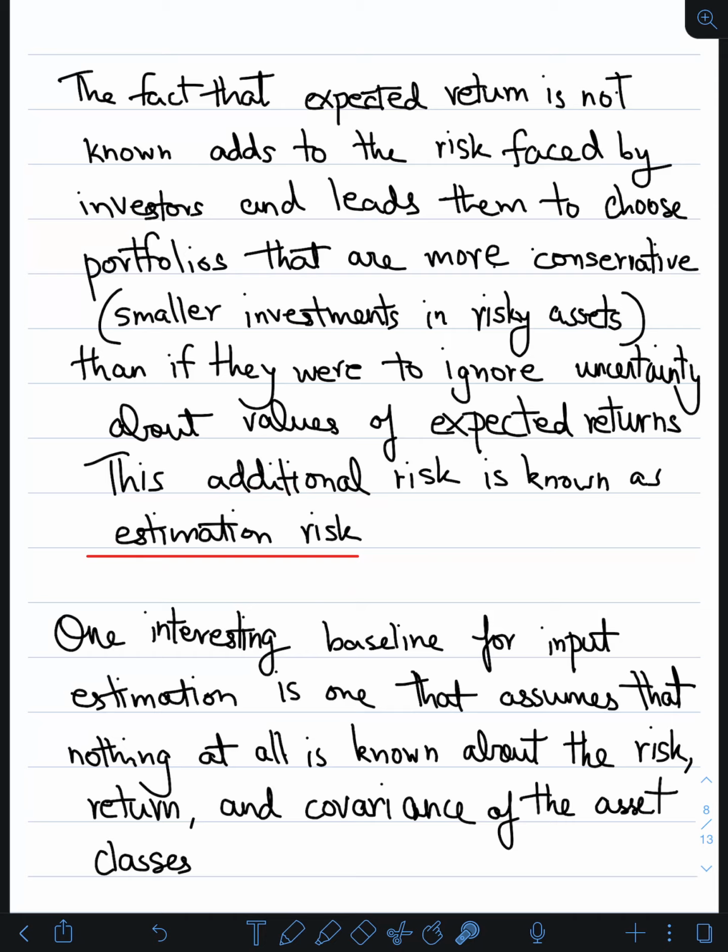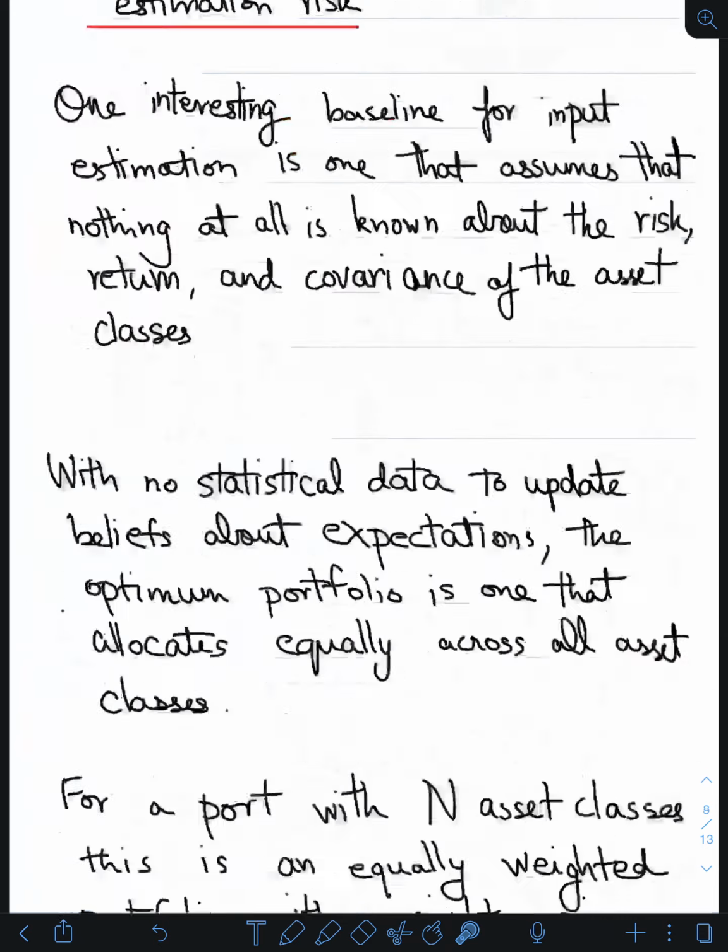Okay, one interesting baseline for input estimation, so we talk about it back in a Bayesian sense, if we're trying to minimize this estimation risk. We talked about the common sense prior, which could be, hey, stocks have a higher risk premium than bonds. But let's say we just assume that we know nothing. Okay, we assume that we know nothing about the risk, return, and covariance of the different asset classes, and we're going to use that as our baseline, as our prior. Okay, if we start with that,